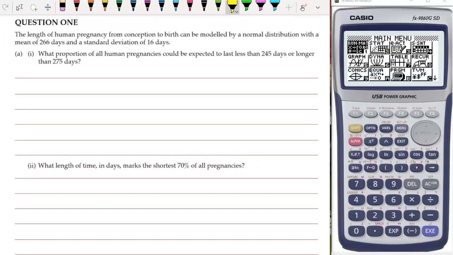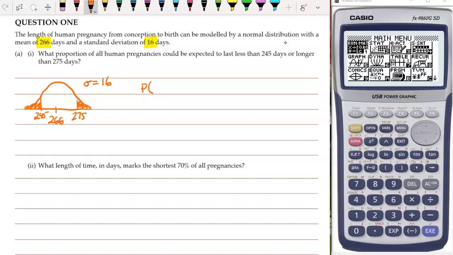We have the length of a human pregnancy being modelled by a normal distribution. Mean is 266, standard deviation is 16. We want what proportion of all human pregnancies could be expected to last less than 245 days or longer than 275. Okay, so if we draw it out first, we've got a normal distribution like so. The mean is 266. Sigma is equal to 16, and we want less than 245 or more than